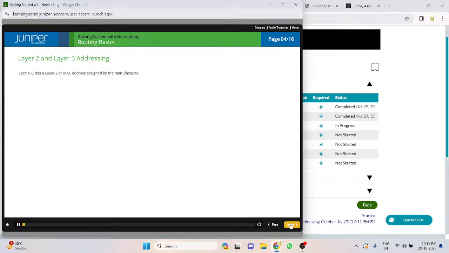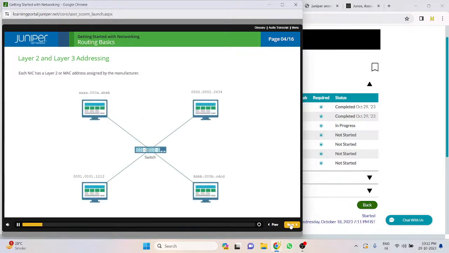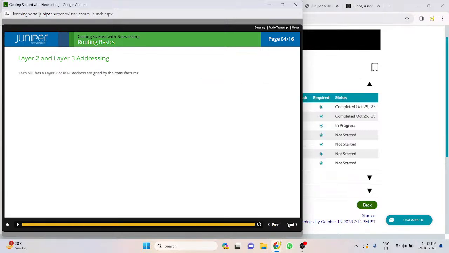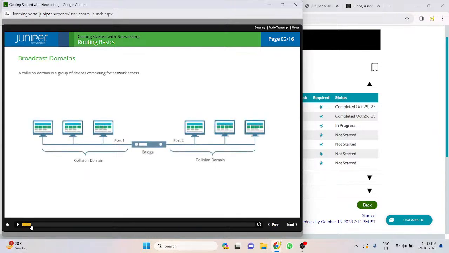You'll remember from the last section that each network interface card, or NIC, has a Layer 2 or MAC address assigned by the manufacturer. Devices might have multiple NICs or network interfaces if they require connections to more than one network. But every MAC address must be unique since these numbers are either assigned sequentially or generated randomly. There is no logical way to group them. Remember also from Section 2 that the first 3 bytes of the MAC address comprise the organizationally unique identifier. In the previous section, we defined the term